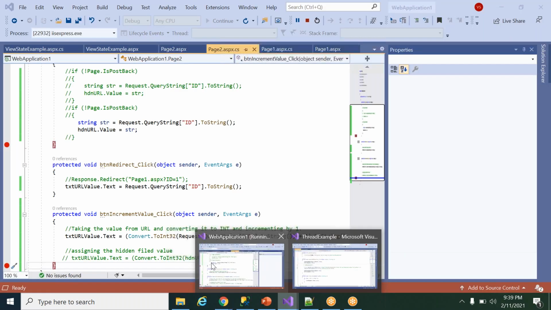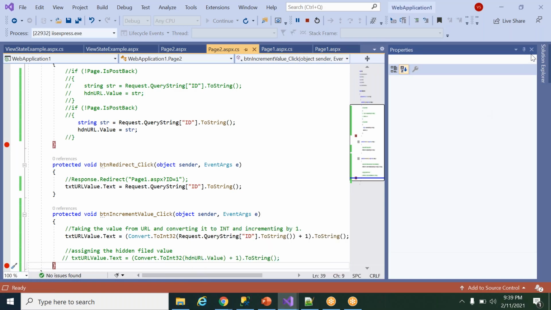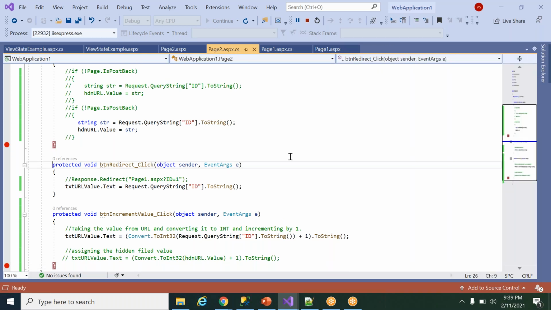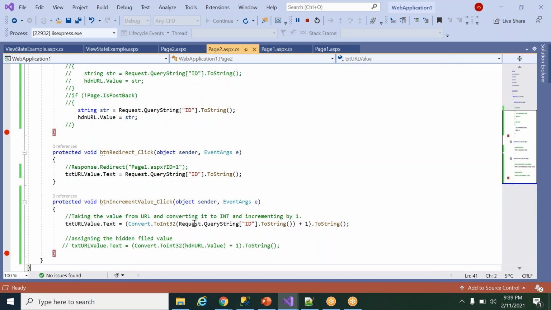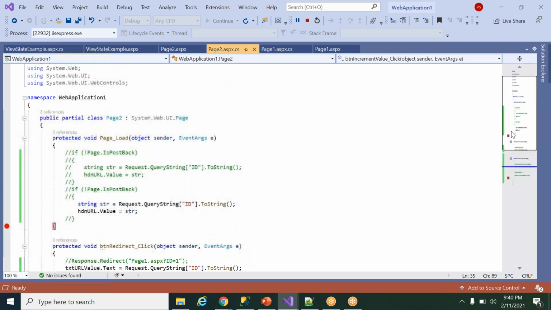I have written the logic for that here. I am taking the value from the query string in the increment event, converting it to integer, then incrementing it by 1. Now the concept is that IsPostBack is there.